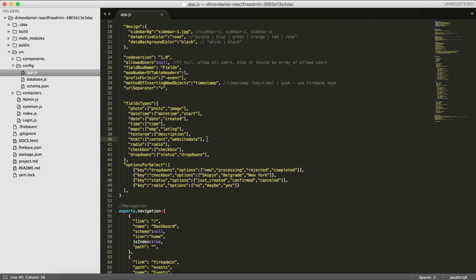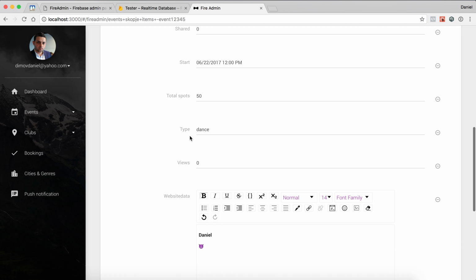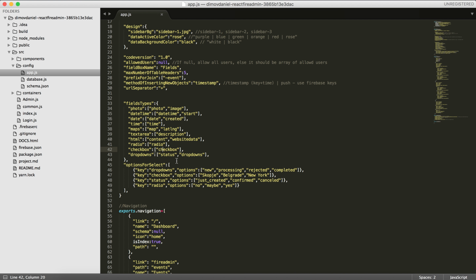One other special group of field types are the radio box, checkbox, and dropdowns. And we have predetermined values that could be selected. So options for select belong to these three different types. And I can have keys and values per different item from here. And for example, in my data here, I have one field that is type, and yeah, let's make it checkbox, for example. So in the checkbox, I will put a type,